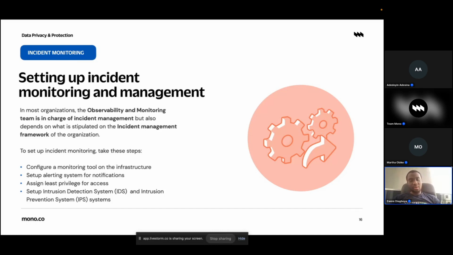And the next is setting up IDS and IPS. What IDS and IPS do for you is that they help you to detect and prevent intrusion into your system. Most of the time, what causes incidents is either internally driven or externally driven. IPS and IDS are mostly for externally driven incidents. So when someone tries to hack your system, when someone's trying to get unsolicited access to a database, someone is trying to run a DDoS on your machines, on your servers, and make sure that your service has some level of outage. Because unfortunately, during outages are usually the times where malicious actors can get into the data and steal people's data.